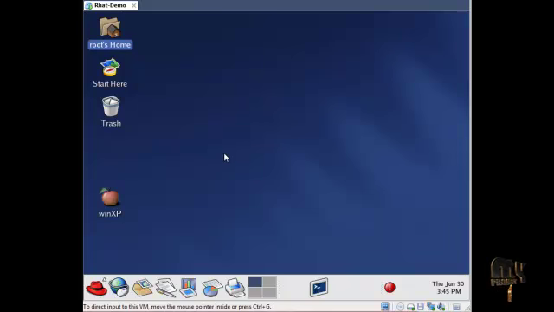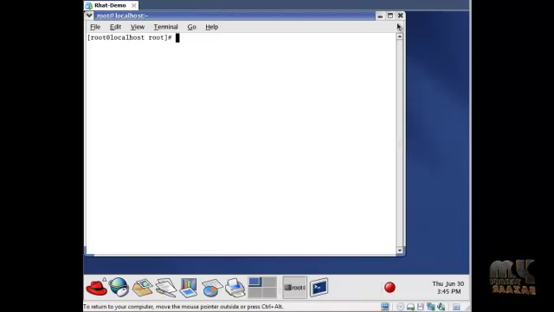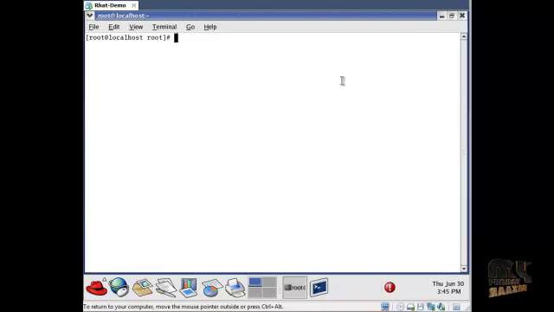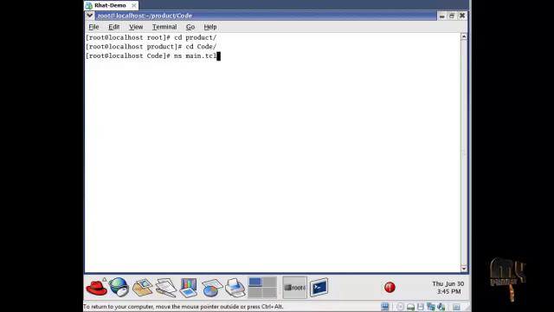First, open the VMware workstation. In that, click the terminal window which is at the bottom of the taskbar. From that, first change the directory to where we have the code. This command is used for running our TCL file, that is our tool command language file, ns main.tcl. The syntax is ns filename.tcl.